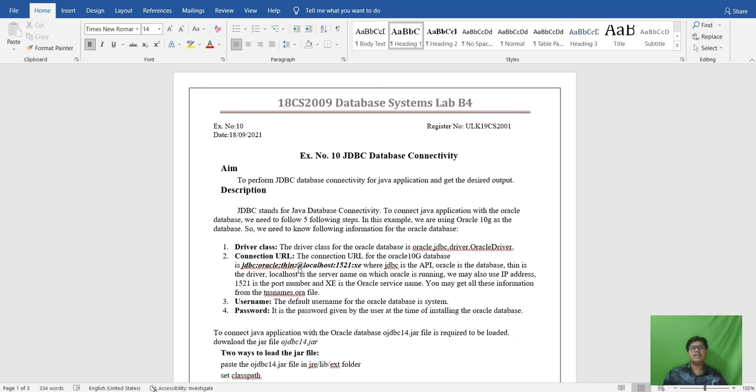This is the URL for the Oracle database connectivity. Then it will open the Oracle database when we run this in Chrome, or whatever browser you are using.